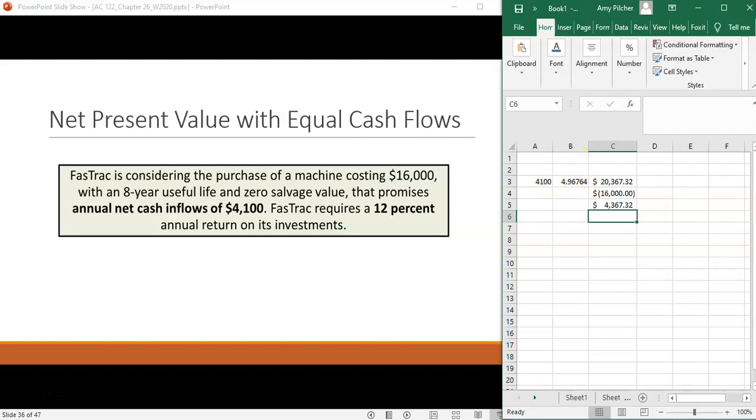That way, where we take the annual cash flows times one factor, that works for equal cash flows. We'll look at what happens when we have unequal cash flows in the next